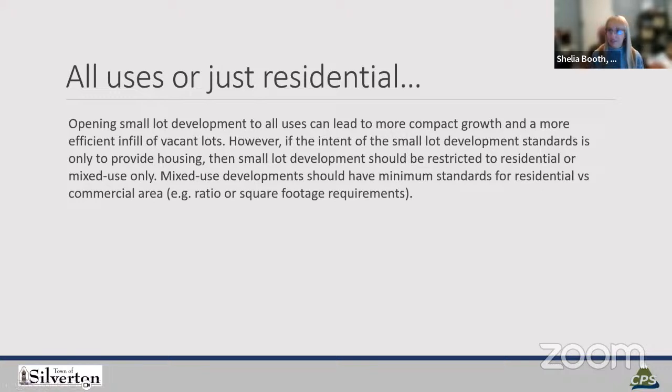So the first question we had is, are we looking to have small lot standards for all types of uses, commercial, residential, everything? We feel like you should consider it, maybe not in all of your commercial zone districts, because you do want to keep some of those larger groups of lots together. So you could have those bigger uses come in, but maybe in your mixed use zones where you could have commercial and residential together. In your mixed use zones, we really think you should think about either having a minimum or a maximum. You can have a small lot if you do commercial and residential, if the goal is to have more residential. Or you can only do a maximum number of residential because we really want to preserve some of the commercial that we have in this mixed use zone. So that's a policy consideration we think we need to have a discussion about.